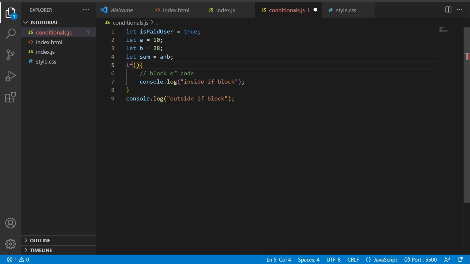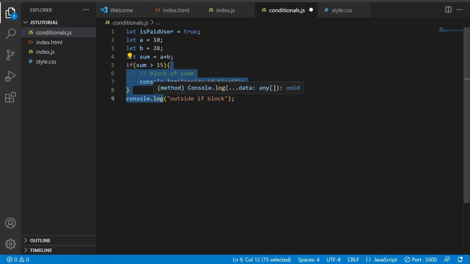So if sum is greater than 15, then only it will be executed. If this condition is satisfied, then only this line of code will be executed. If this sum is less than 15, then it will not go inside this if block.